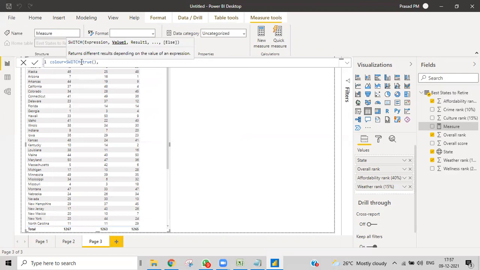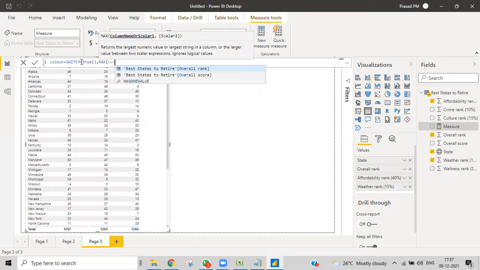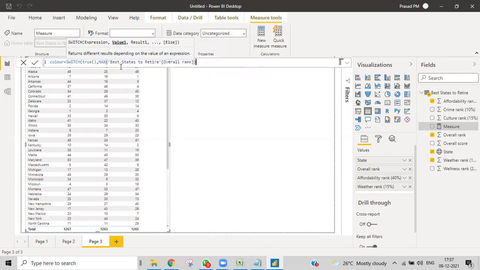We want to do overall rank greater than 25.